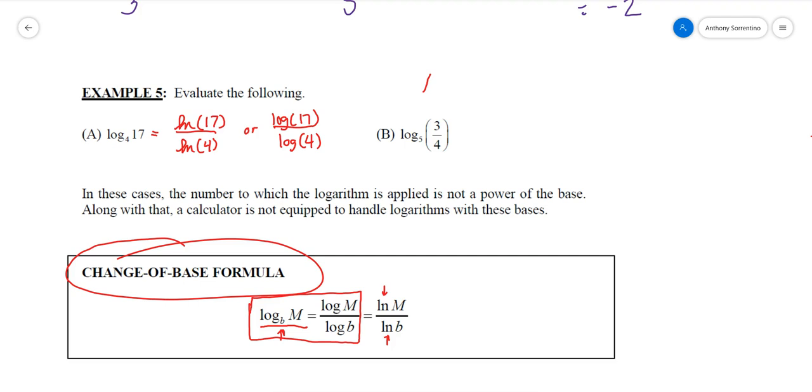If you're using natural log, make sure both are natural log. That gives 2.0437 approximately. So again, if you took 4 and raised it to the 2.0437 power,